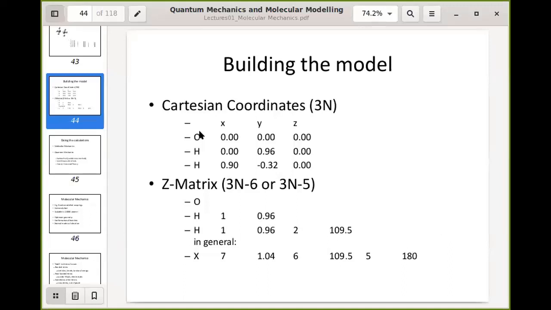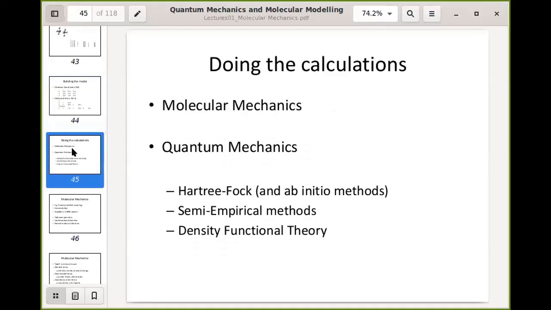Okay. So now we have dealt with defining the problem and constructing the model. I'd like to move on to doing the calculation. And there are 2 ways to do the calculation. In the lectures, I'm going to work with molecular mechanics. In the prac, right behind all the calculations, when you tell it to calculate, it's going to be, sorry,